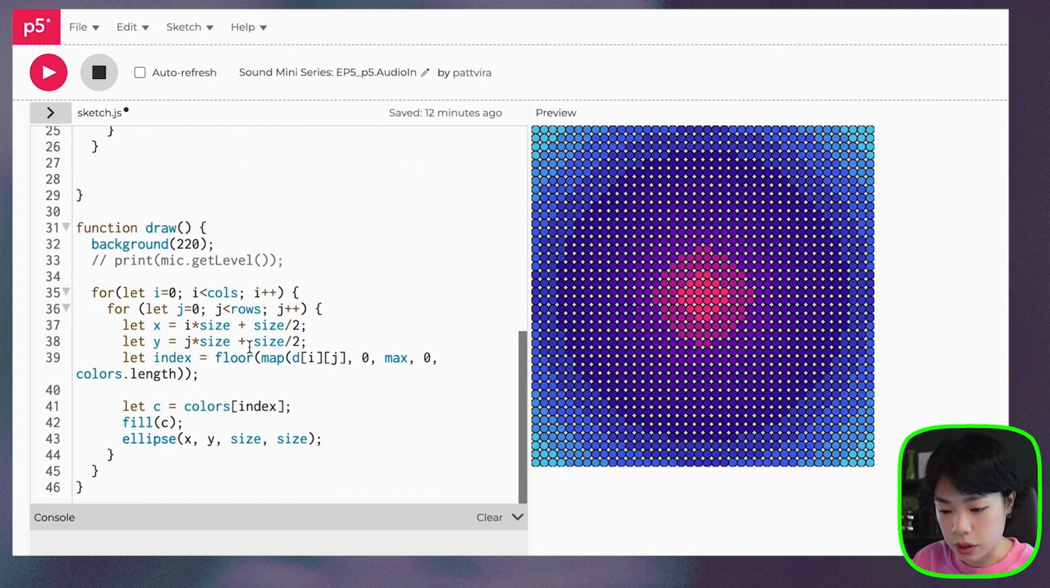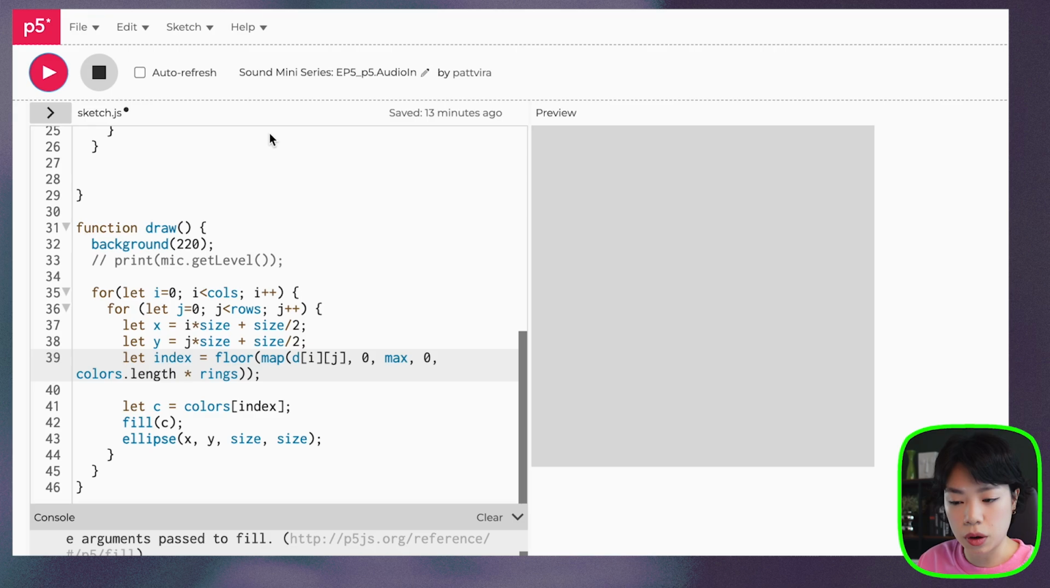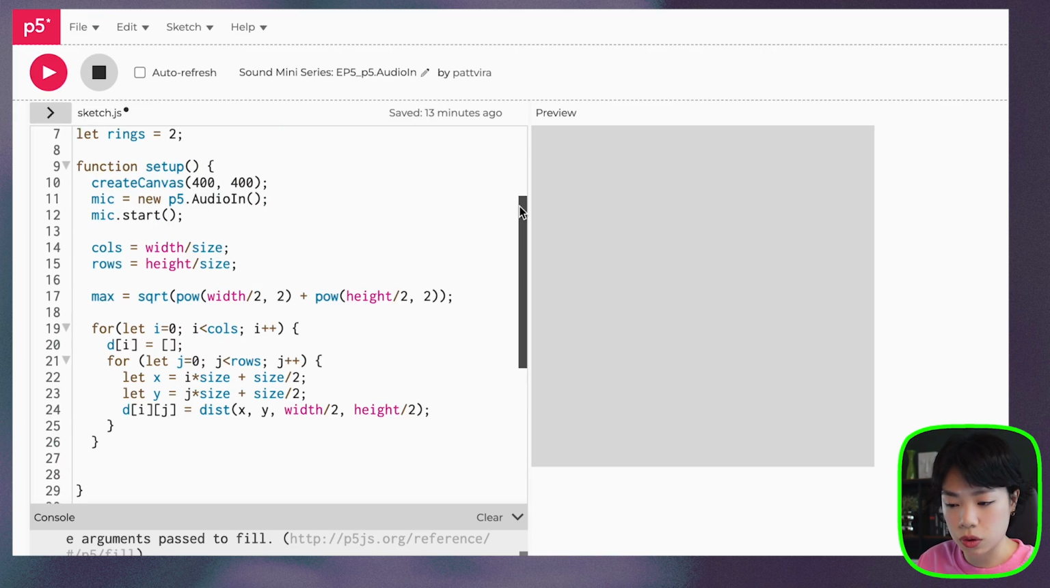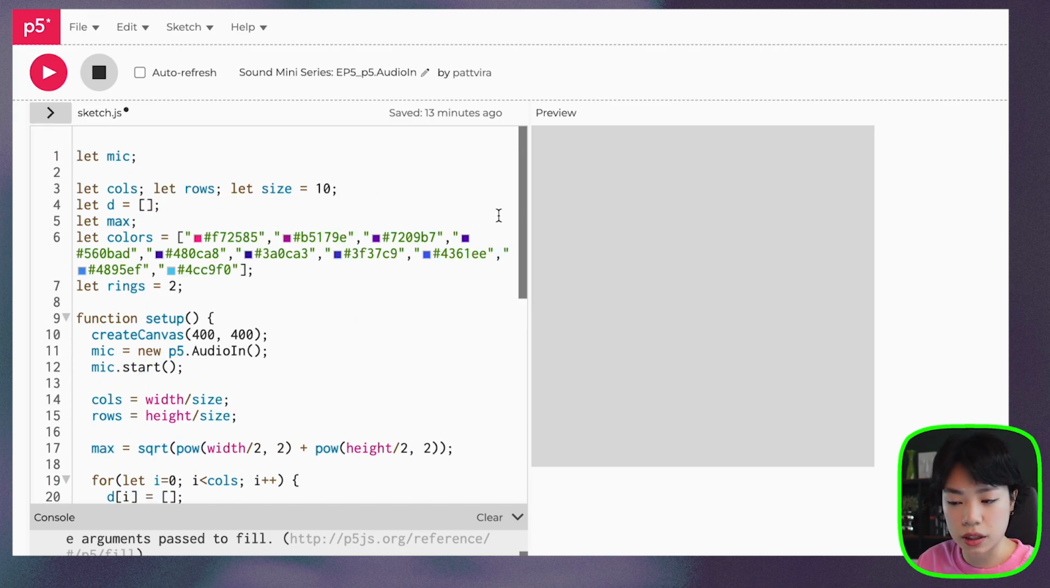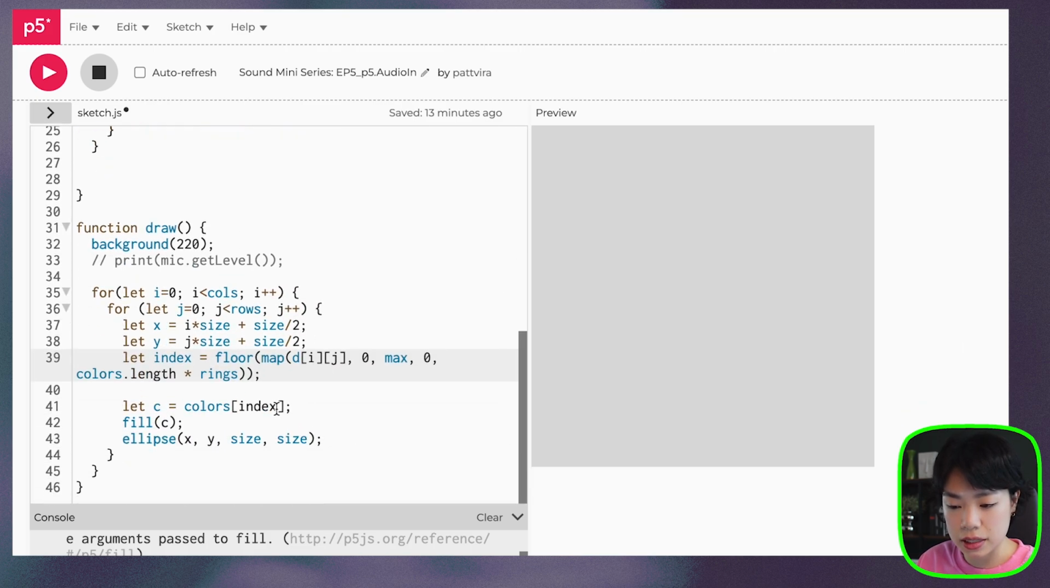So what I want to do is that instead of getting an index between 0 to 10, the length is 10, I want to multiply this by rings. But as you might imagine, if I click run, I get an error because there are only a total of 10 values here. So we can actually just use an index between 0 to 9. But what I can do is, inside here, instead of just putting an index, I can do index mod